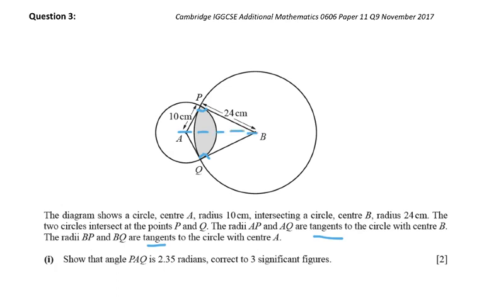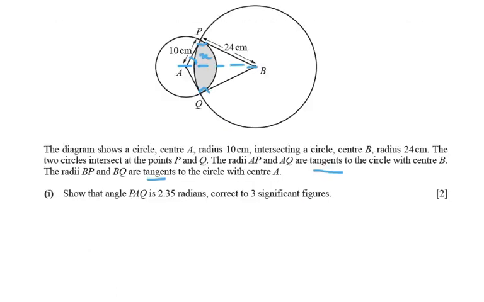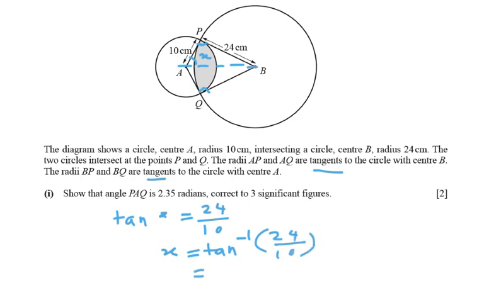So first, for you to solve the first question, the first thing that you need to do is draw a line from A to B to form two right angle triangles. Let's label this particular angle as X. To find X, we put tangent of angle X is equivalent to 24 divided by 10. Hence, angle X will be equivalent to inverse of tangent 24 divided by 10, which will give you